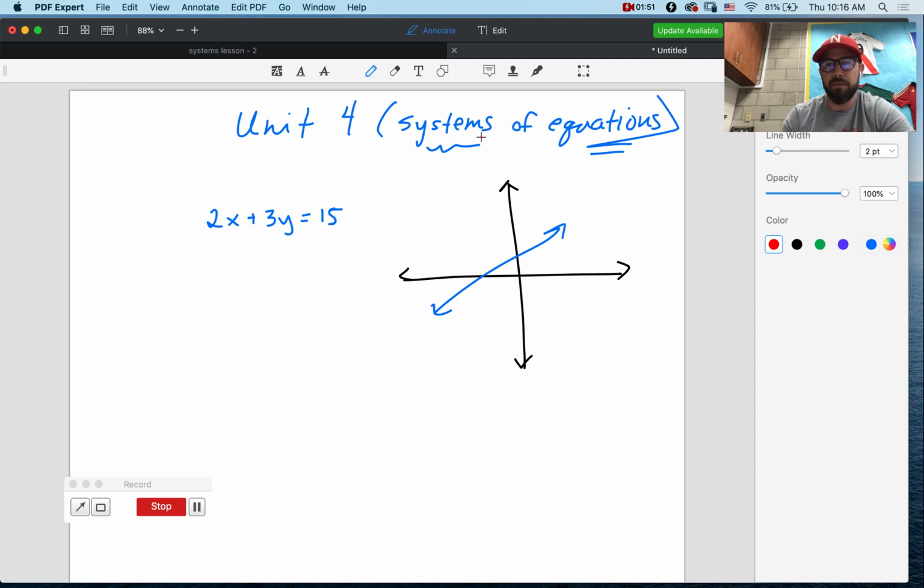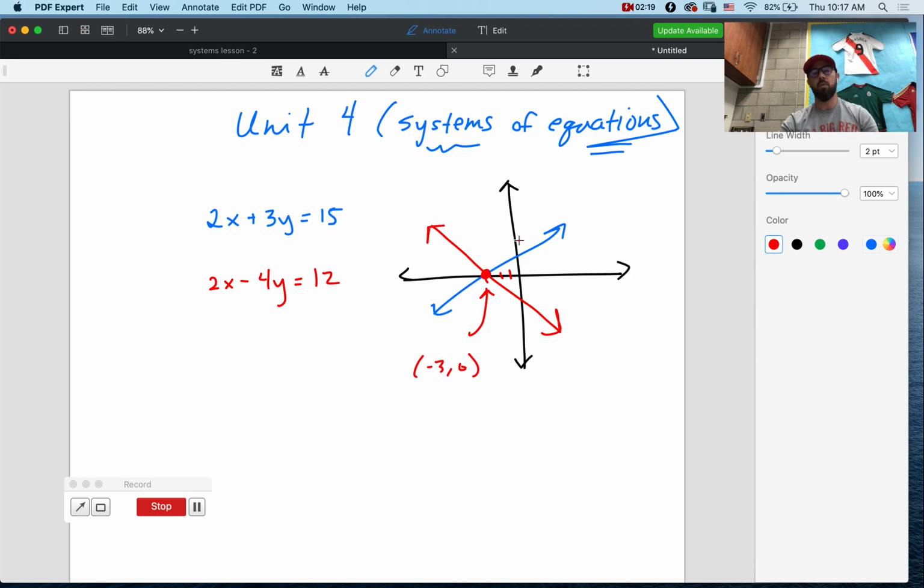And since it's systems of equations, we have more than one equation. So you'd have something like this, maybe like 2x minus 4y equals 12, right? And then you'd have another line that you graph, and where those two lines meet, that's our solution. That's our answer. So in this case, maybe that's the point -3, 0. So what we're dealing with today is graphing two lines, figuring out where the lines intersect,